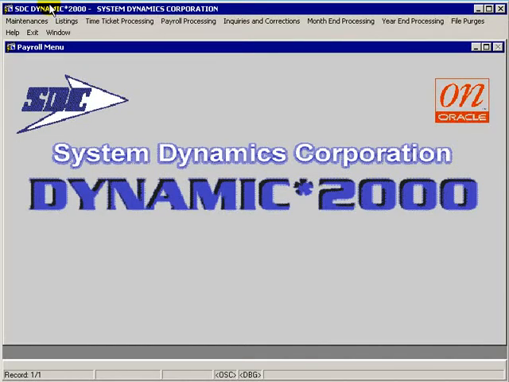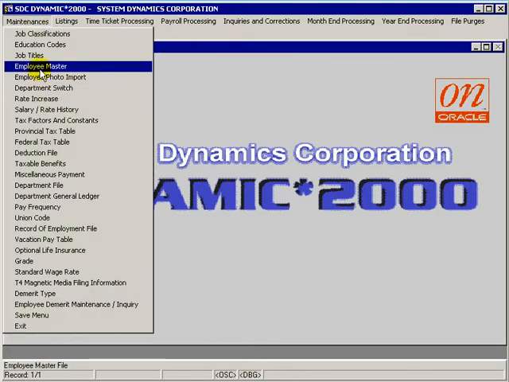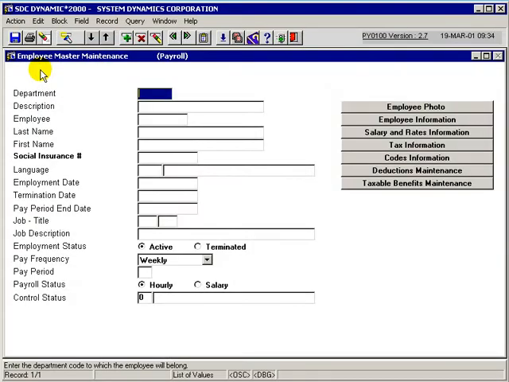This tutorial session will show us how to do an employee department switch. For this exercise, we're going to select an employee that we're going to switch department. So we go to Maintenances and we go to Employee Master File Maintenance and we select employee 200 for this exercise. So we enter query,